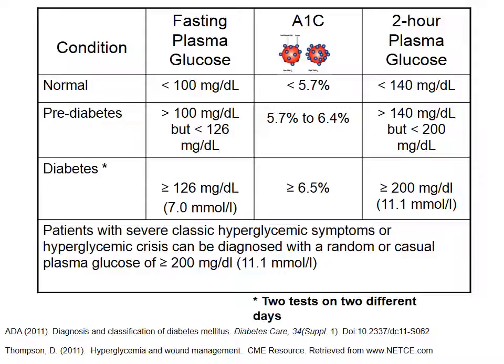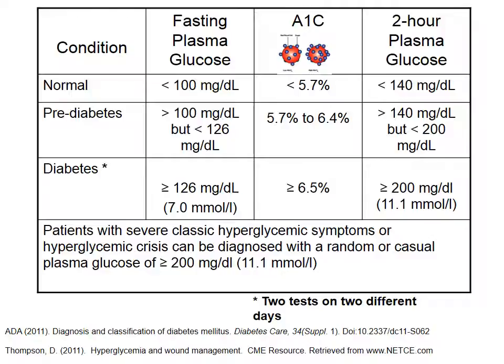Normal laboratory results for fasting plasma glucose levels, hemoglobin A1C, also known as average estimated glucose, and 2-hour plasma glucose are seen here. Hemoglobin A1C is a marker that indicates an individual's 3-month glucose control. Values needed for a diagnosis of diabetes per the American Diabetes Association are: